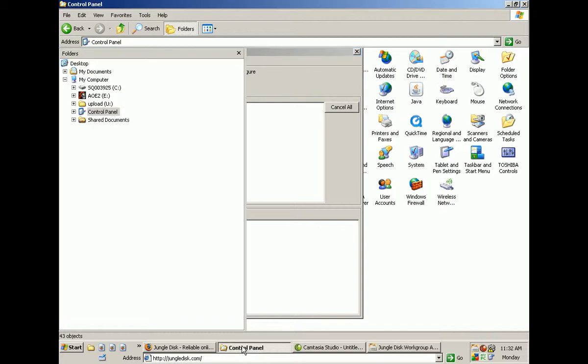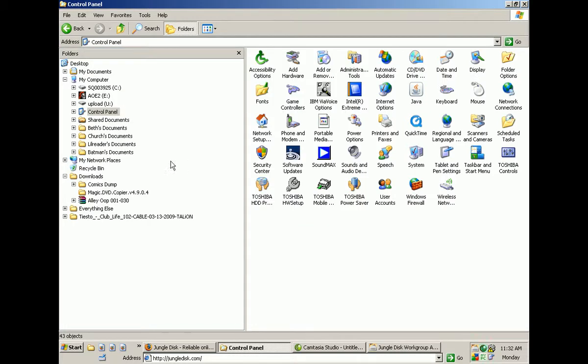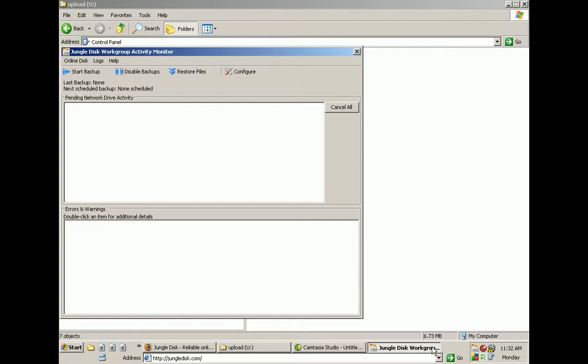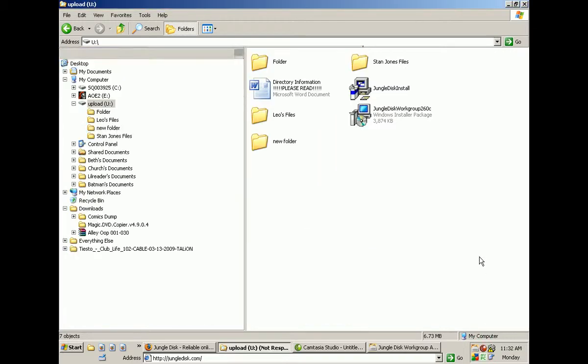Go to your control panel on your computer. If it's not open, you don't really have to do anything. I'm going to just hit F5 just for the sake of it. Then you see upload. I've installed this on my computer a couple of times, so I don't think it's going to take a while to update, but it's going to initially take a few minutes to update on your computer because it has to read the files. So the first time that you do it on your end, it will take a moment, but mine's already been installed a couple of times, so it takes no time at all because it caches all the files